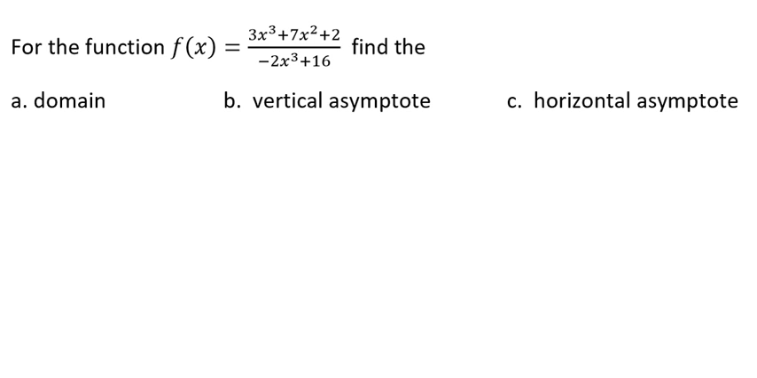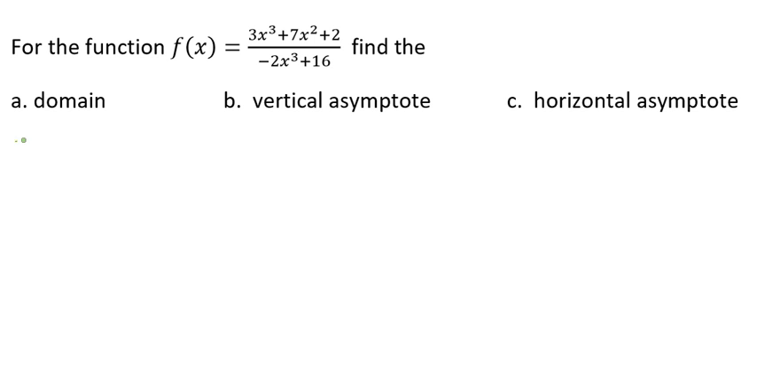In this video, we're going to be finding the domain, vertical asymptote, and horizontal asymptote of the following rational function: f of x equals 3x to the third plus 7x squared plus 2, divided by negative 2x to the third plus 16. So in order to find our domain, we're going to go ahead and take